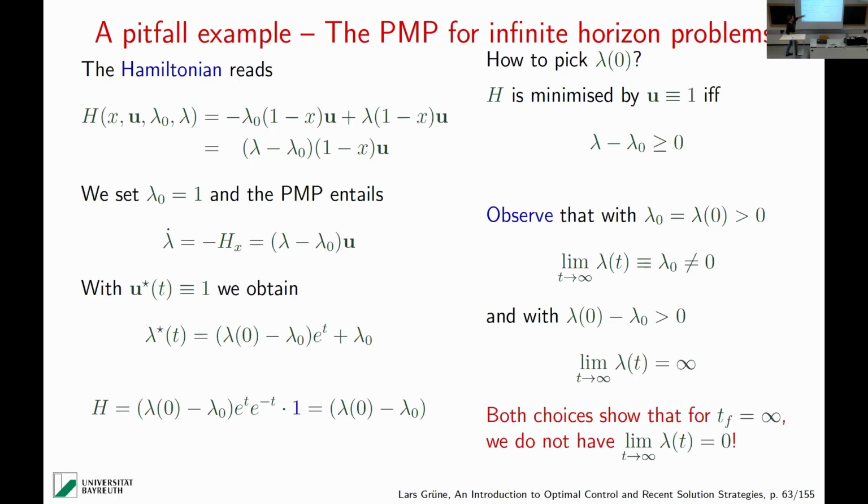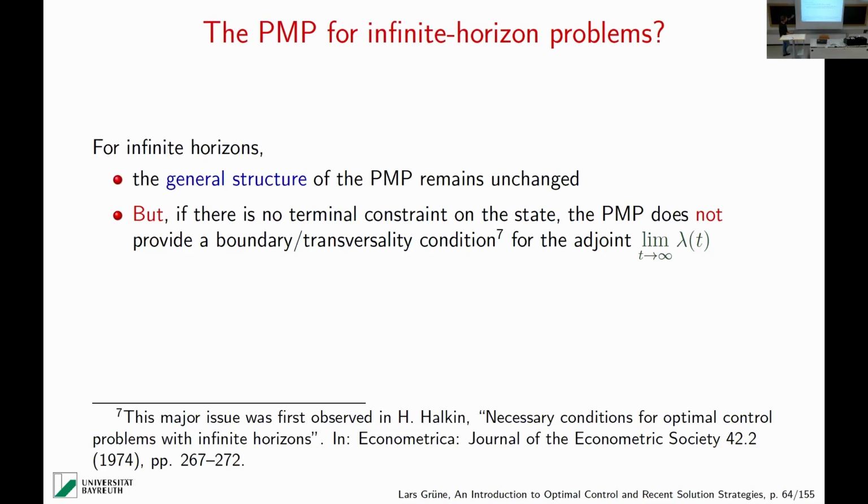What would happen if we turn this around, if we make it less or equal 0? Then we get minus infinity here, and the sign just changes. Here we still get lambda 0, and here we get minus infinity. So still the terminal condition that you would expect if you extrapolate from the finite horizon case doesn't occur. So it's okay even if there is a sign error in there. It doesn't really change the bottom line.